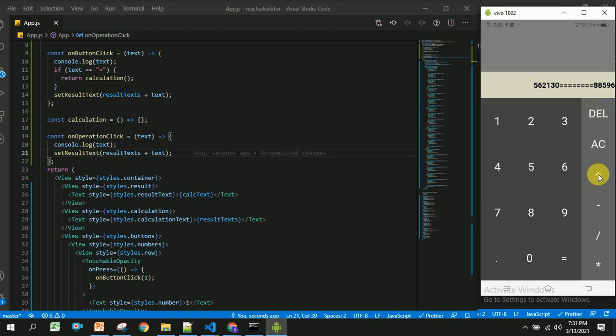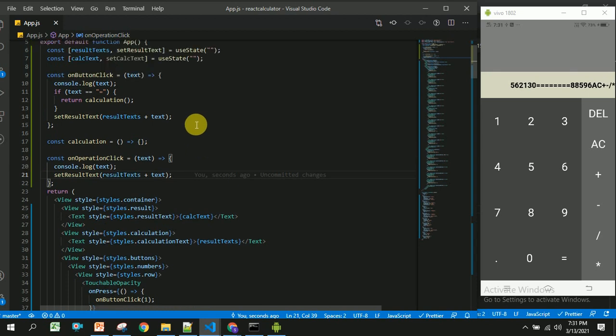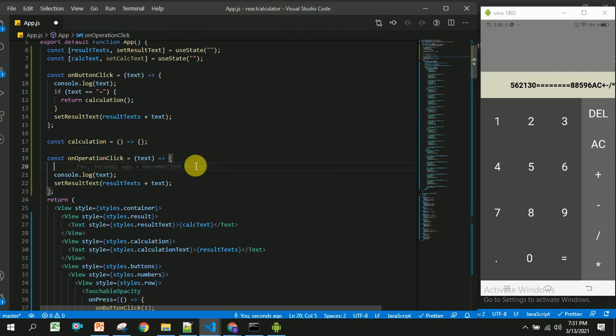You can see here you will be getting all the operations what user has clicked. Now the next thing we are going to see is some if conditions. So if the text is equal to delete, then